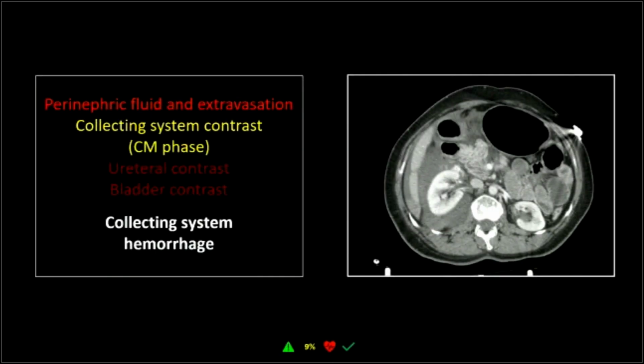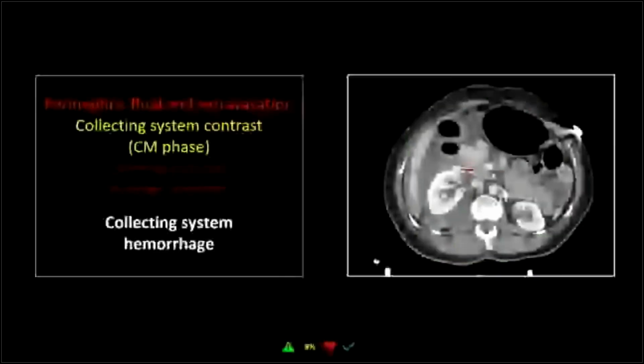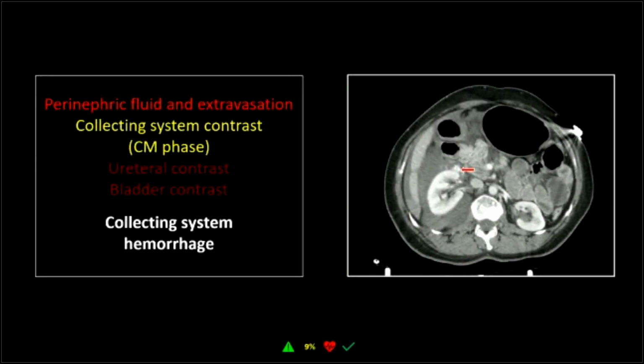All right, this one dates back to my residency. I think this was probably in 98 or 99. And this is a very interesting manifestation, an unusual type of renal injury, which is, if you look closely, that right kidney, now there is extravasation there, you can see there's contrast, but that right kidney is in the corticomedullary phase. Similarly, the left kidney is too. The left kidney may be just on the cusp of the excretory phase, but you can still see both sides are in the corticomedullary phase,